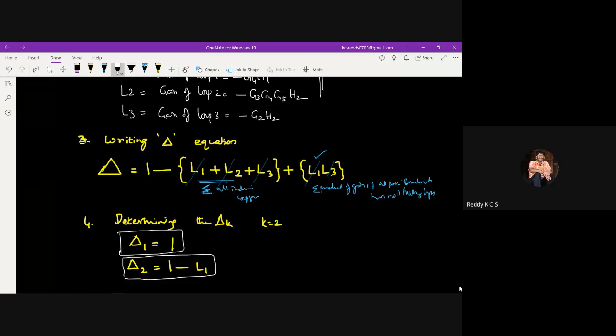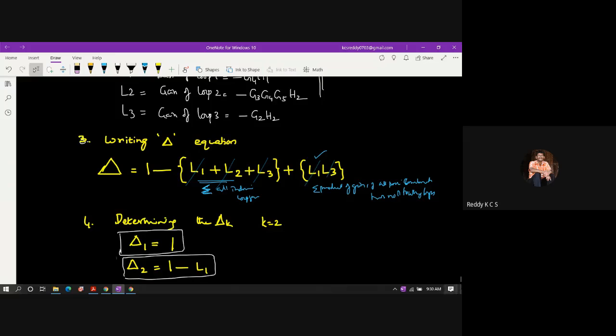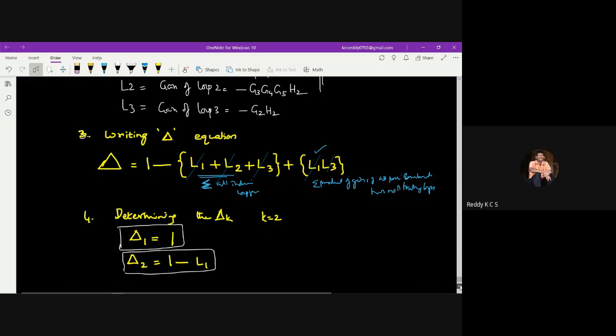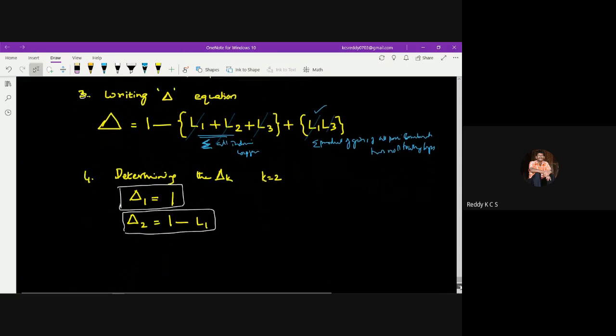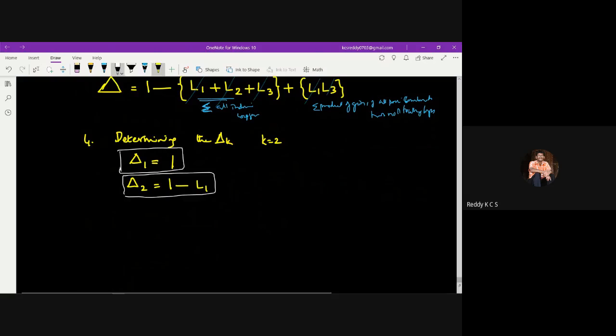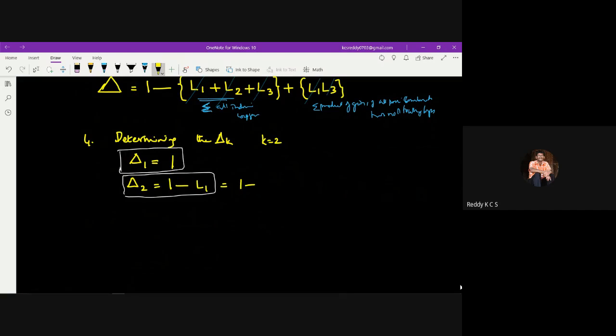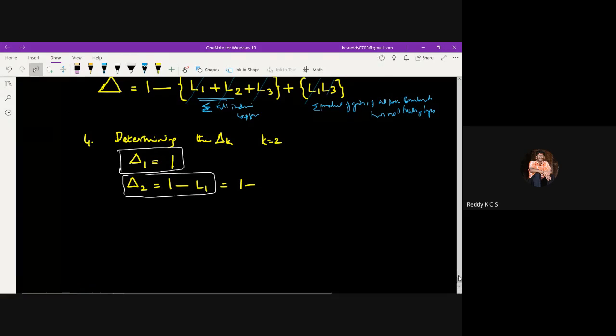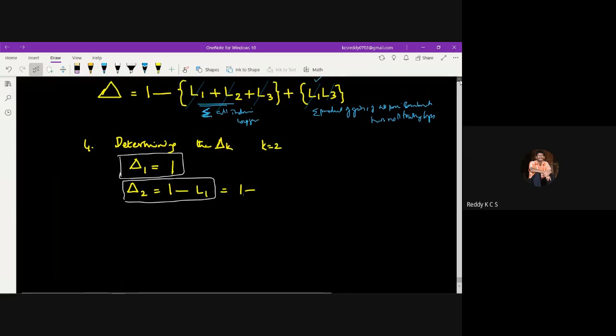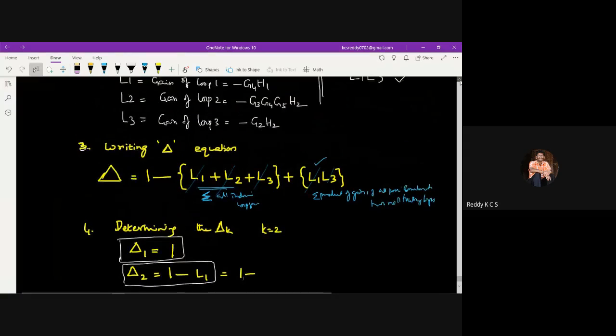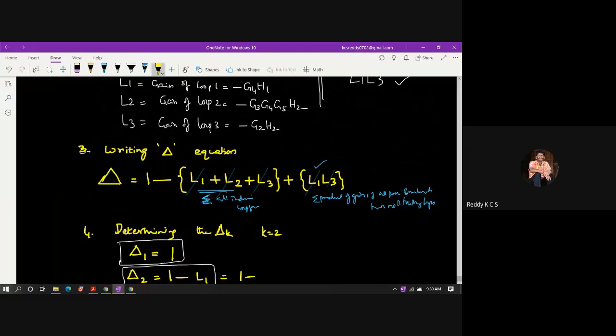So now I have got all the values which you need to represent in the Mason's gain formula. Mason's gain formula, of course, we need to represent in the form of the loop gains. 1 minus L1. L1 is the loop 1 which I have taken. L1 is minus G4 H1. So here we need to substitute G4 into H1.